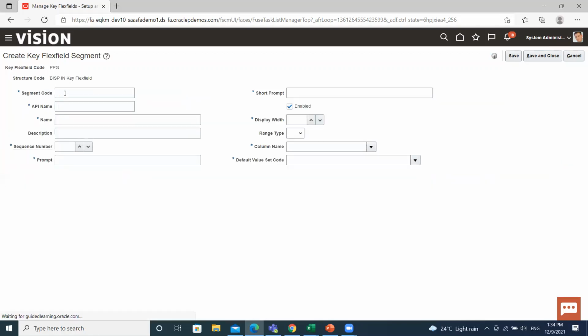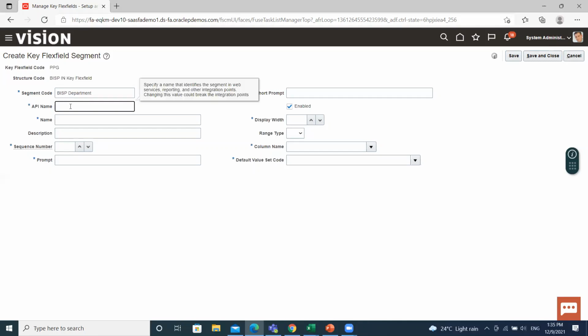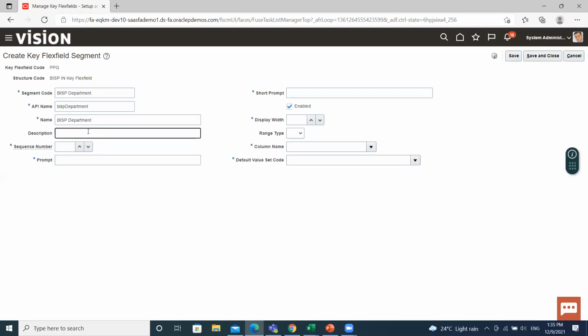Click on the create icon. Here give the segment code. Then give the API name. Select the sequence number.